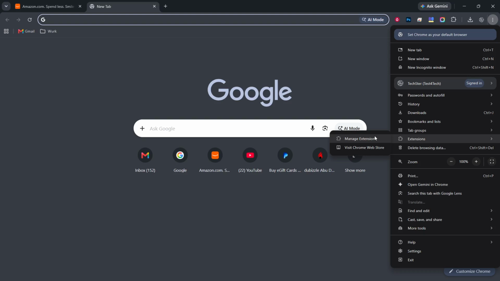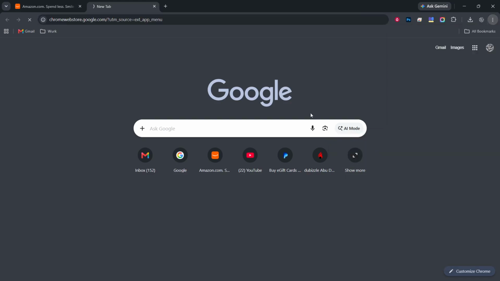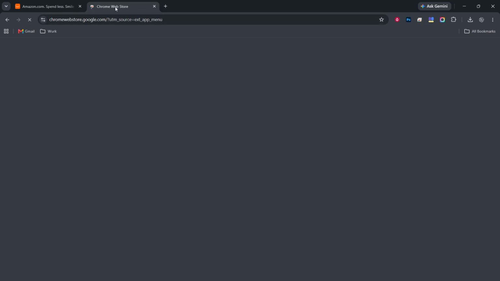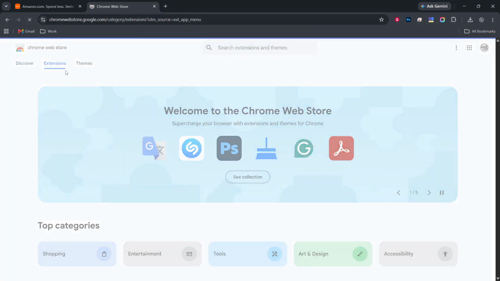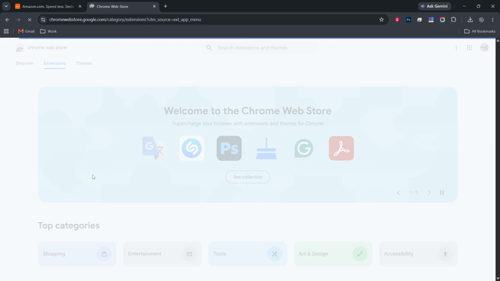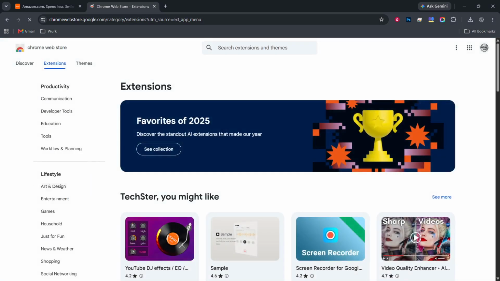From this menu, tap Extension. In many Chrome setups, this option appears as extensions near the lower part of the list, close to other tools. When you select it, Chrome opens a new page in a tab. At the top of this page, you should see the word Extensions and a grid or list of any add-ons you already have installed. This tells you that you are now viewing the Chrome Extensions area.